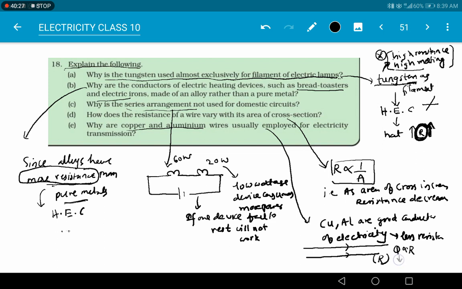To avoid the waste of energy due to passage of the current across a high resistance material, we are selecting copper and aluminum because they are good conductors of electricity compared to other materials available at the same cost. They have somewhat less resistance. So due to their less resistance, however long they transmit the current, the loss of energy will be less. So these are the reasons for the given questions.